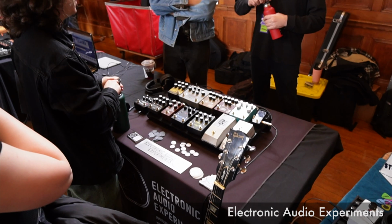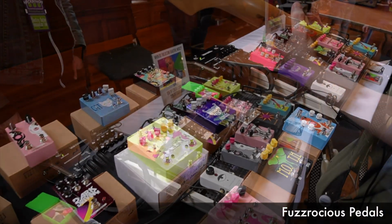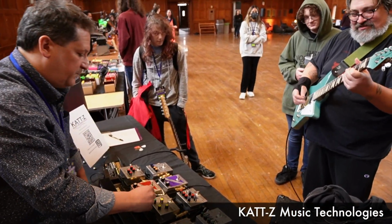And while we're on the topic of analog, there were several boutique builders that specialize in analog pedals, including Electronic Audio Experiments, Fudge Roche's Pedals, and Cat Z Music Technologies. In fact, Cat Z Music Technologies has one of the most well-stated goals in all of pedal building, geared to help you create interesting but usable sounds. I just think it's funny that as musicians, we need to be reminded that our sounds must be also usable